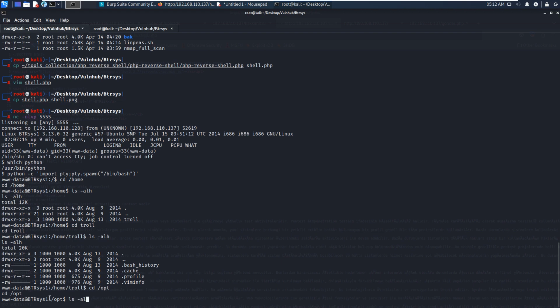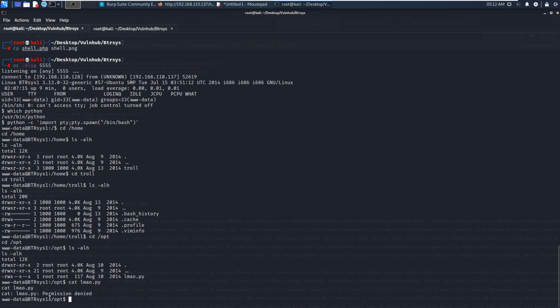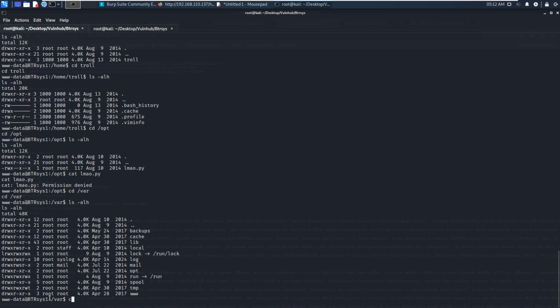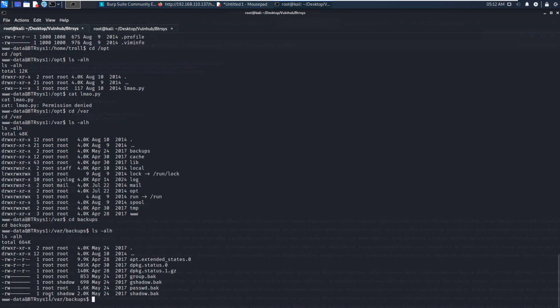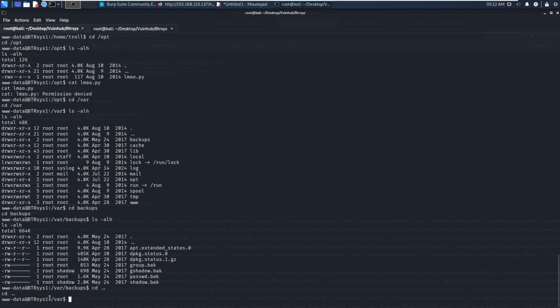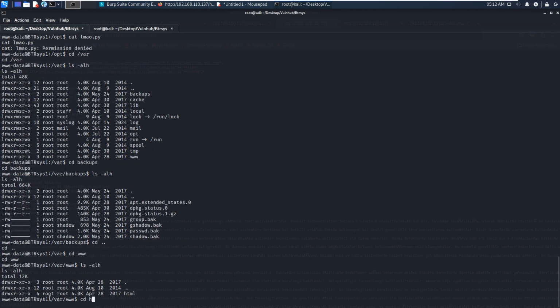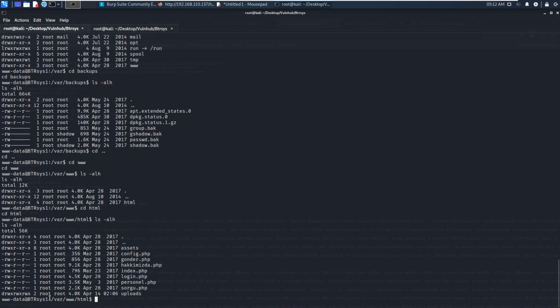For example, in opt, there is a Python script, permission denied. We can go to the var directory, go to the backups subdirectory, nothing there, and we can go to www, go to the HTML directory. Yeah, there is